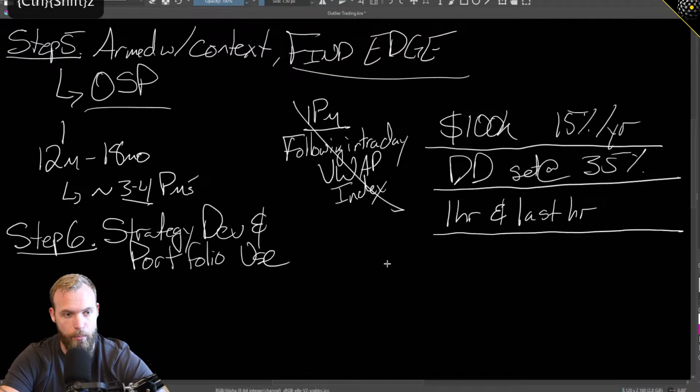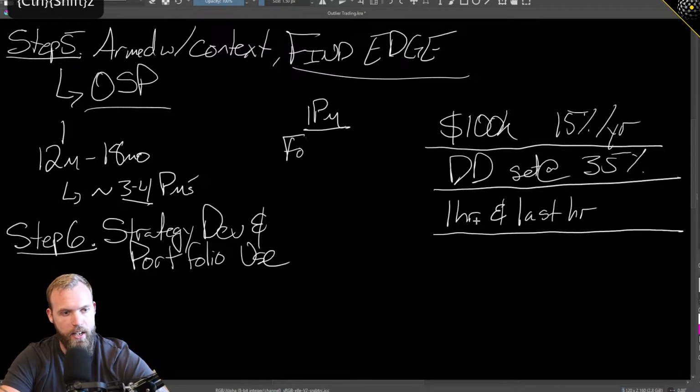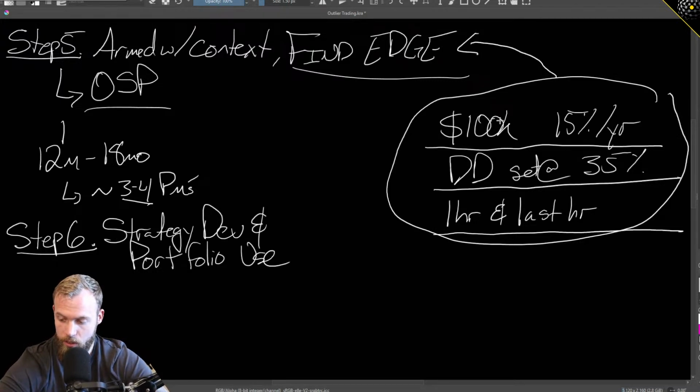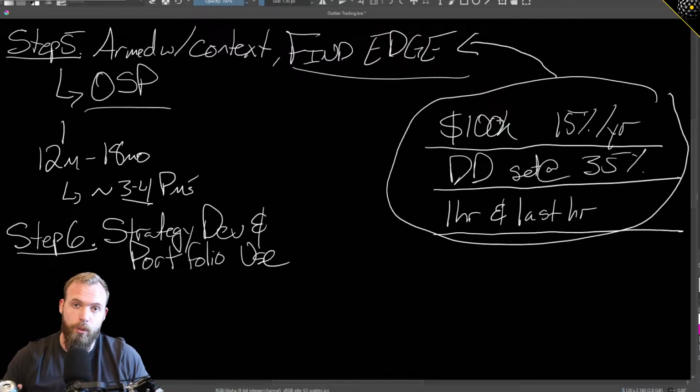Now, this might lead somebody to say, well, Eric, why wouldn't we first try to define our portfolio use case and then go find edge that fits it? It's a great question. Does anybody have a guess why it's this way? And anybody that knows me knows that I care a lot about efficiency and I care a lot about rock solid process. So there's a reason. Anybody have an idea what that reason is?